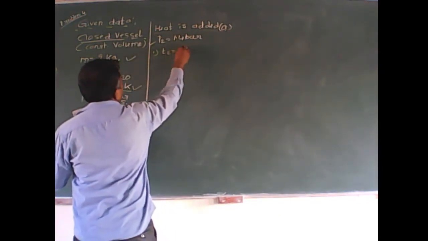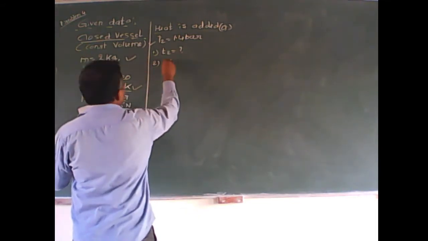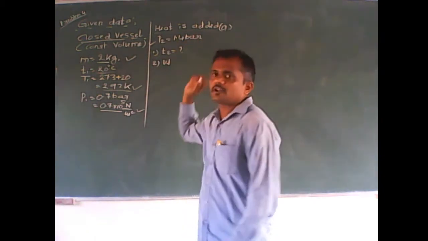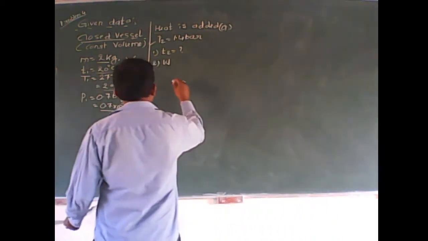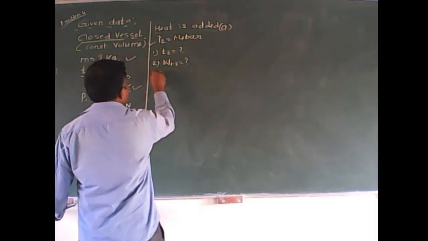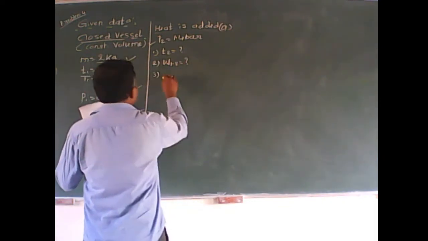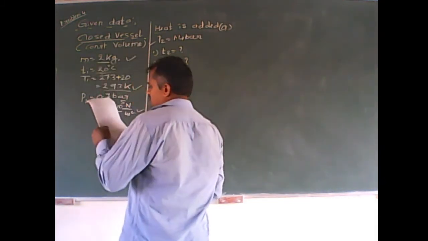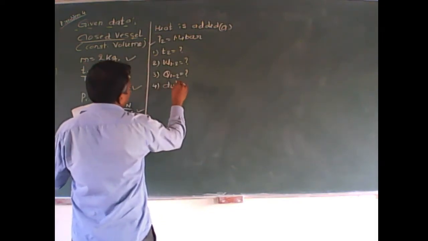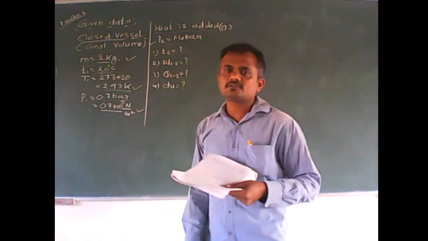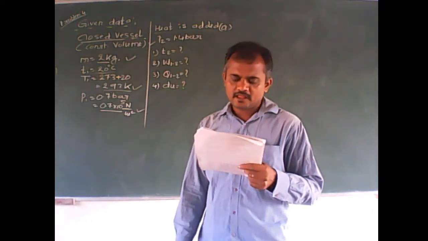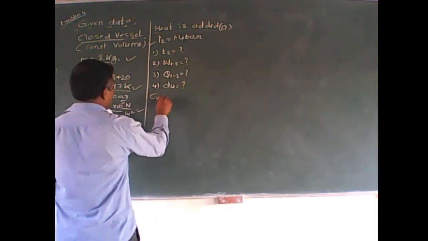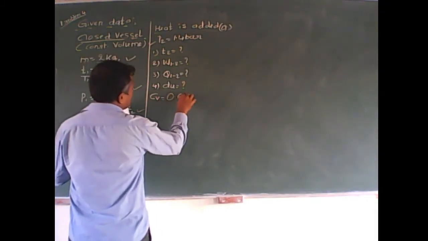He is asking you to calculate, first, the final temperature. Final temperature means T2 is how much? Second one is work done. Work done during the 1 to 2 process, how much? Third one is heat added. Heat added during the 1 to 2 process is how much? And fourth one is the change in internal energy, which is also unknown to us. At the same time, specific heat at constant volume is given. Specific heat at constant volume Cv is 0.657